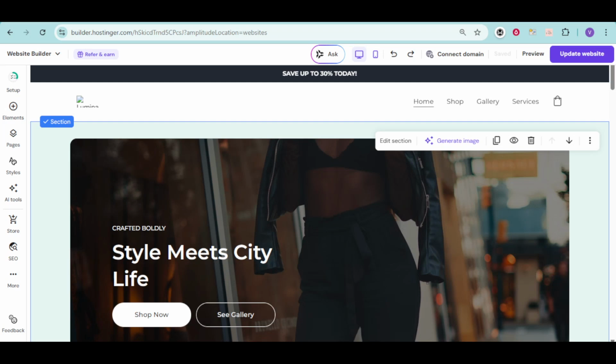Today, I'll show you how to create a drop-down menu on Hostinger website builder. By the end of this tutorial, you'll know exactly how to organize your pages into a clean, easy to navigate drop-down, which is especially helpful if your site has a lot of content or you want related pages grouped together